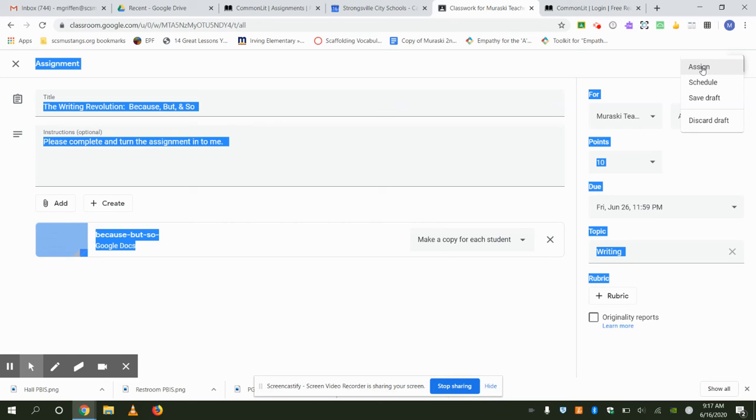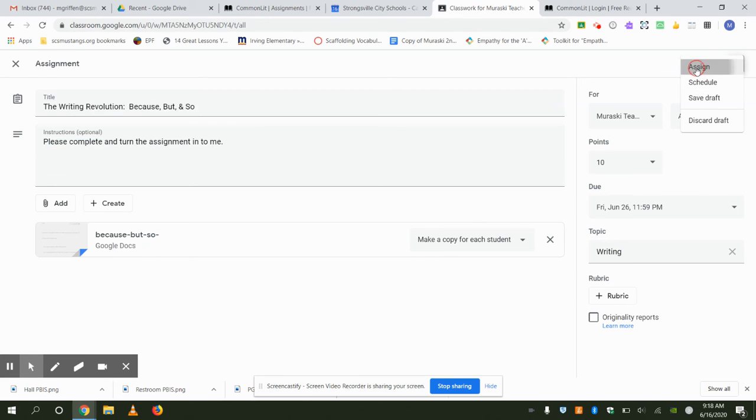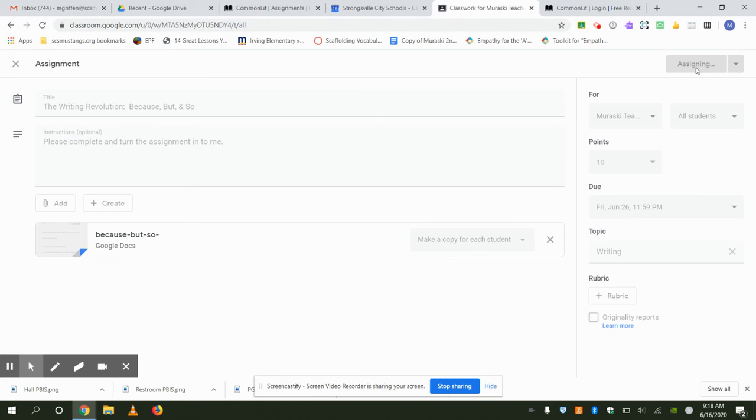Now, I can do one of three things. I can assign it right now. I can schedule it to roll out later. So if you are on a planning day, say we're working on a Friday and we want to prepare all our assignments for the next week, but you want them to go out on a daily basis, you can schedule them for a certain time on a certain day, which is a nice little feature. Or you could just save it and wait till later. I'm just going to assign it for now. It's assigning that